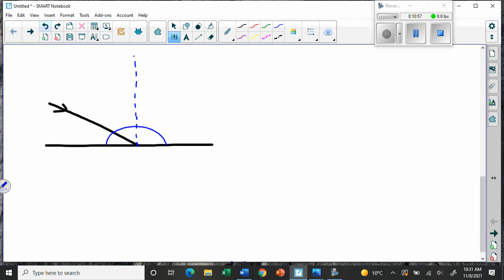Okay, now, once you have the normal line, how do we measure the angle? Because we have to measure the angle between here and here, right? That has to be what we find out, the incident angle, which way the light is coming in. So once we do that, we can measure that by taking the protractor, I'll draw the protractor in red now, and changing its orientation. We're going to put the protractor sideways like this on the paper,